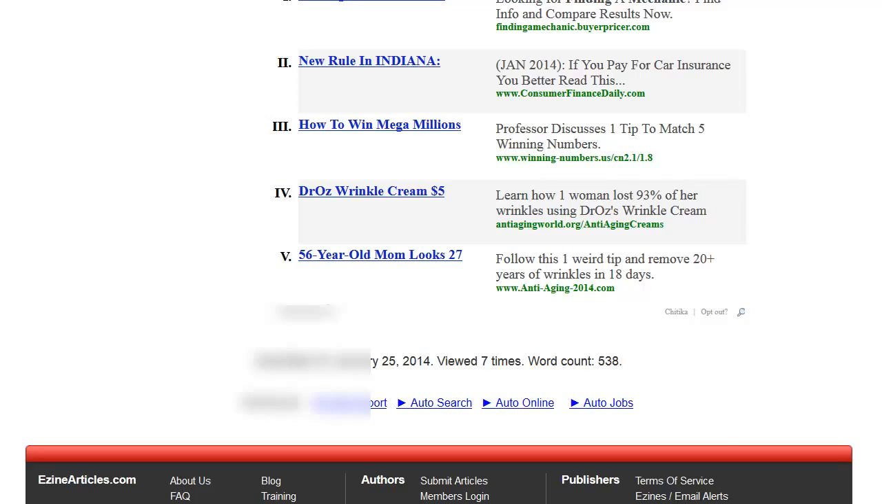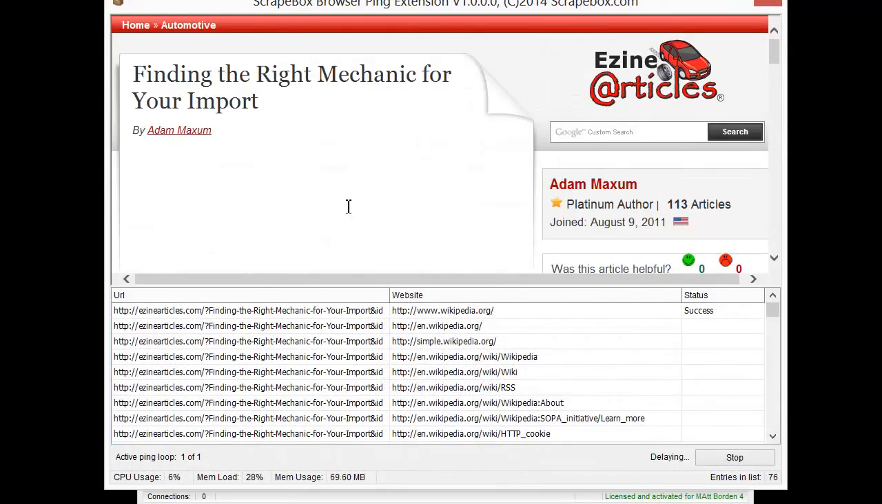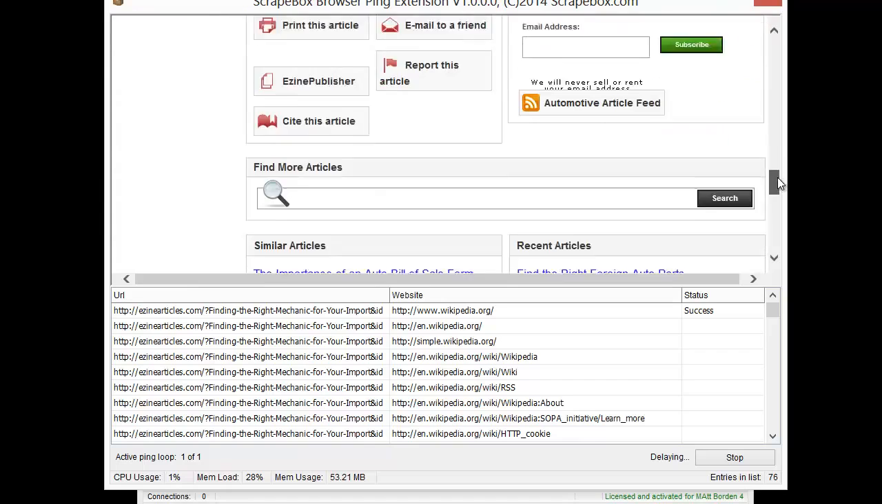So let's get out of here. So let's actually look at the browser-based ping mode and see if we can increase that eZine article page views. Start it up here. You can see as it loads, we can view the page and everything, and then I'll